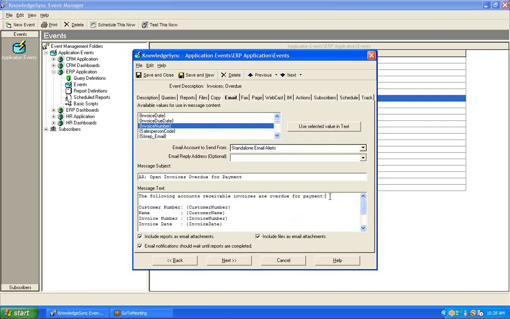In this case, we certainly do not need to repeat this opening line, but we do wish to repeat the detail section. And so we will go to the line just above where our details begin. We will go up to our list of available values for use in the message content, grab the scroll bar, and scroll down to the very bottom of the list. And we will choose the command begin repeat. That tells KnowledgeSync that the following lines are going to be repeated for each record, each invoice that meets this